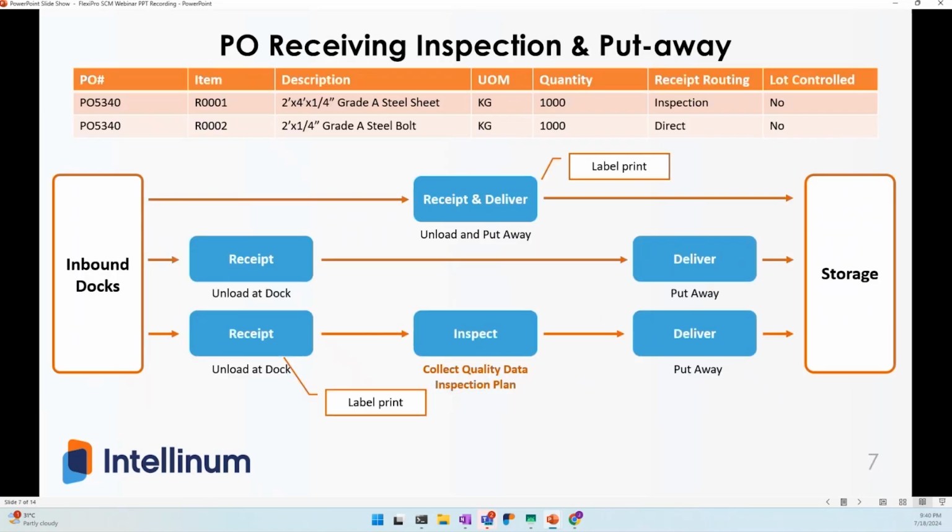So in the process of PO receiving, we support multiple different forms of PO receiving: a 1-, a 2-, and a 3-step receipt process. One of the items on our PO today is a single-step process, and so we respect the receipt routing as it's set up in Oracle. In the case of that item, we would just do a single receipt and deliver, and a label print would occur. But the one we're going to show today is a 3-step process,